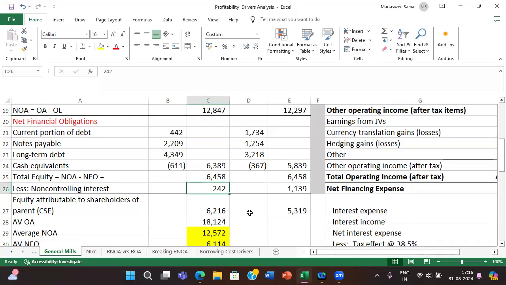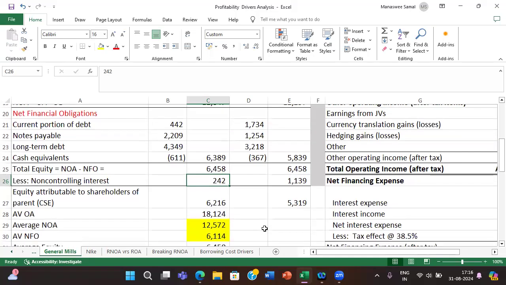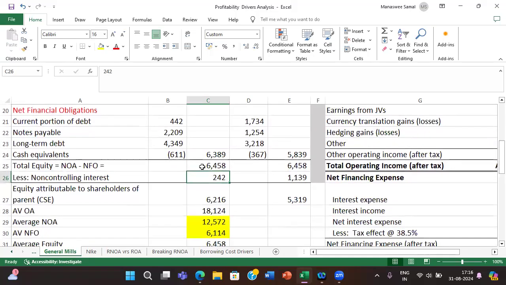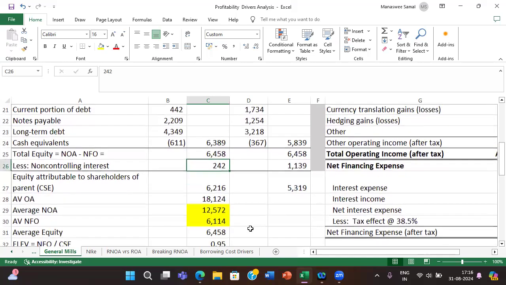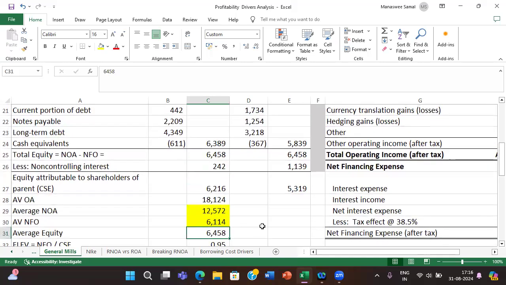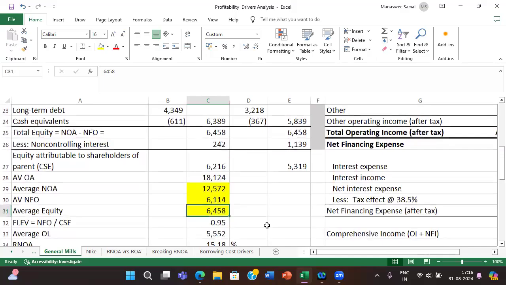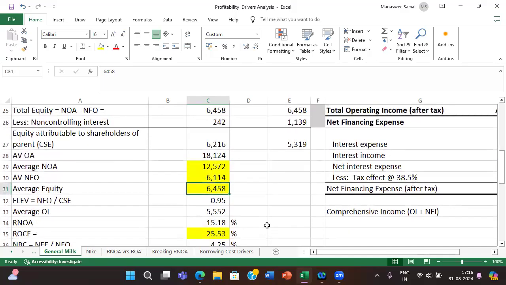But in this case, this bifurcation has no implication. It is just the way it is appearing in the balance sheet which has been reproduced here. So for some strange reason, you are finding the equity figure in both the years is the same. We can't help it. It is just that way. Then the average equity figure is therefore 6,458. I think this is done. So we have three average figures, NOA, NFO, and equity. Now that you have the NFO figure and equity figure readily available, you can straight away proceed to calculate financial leverage,